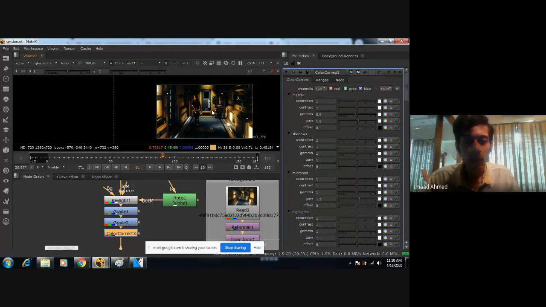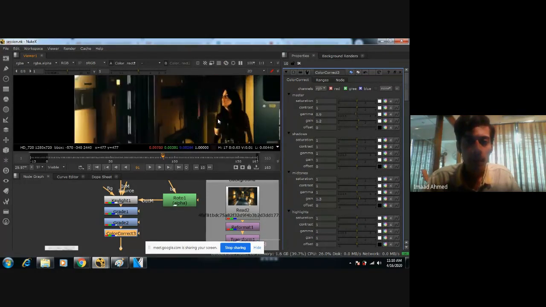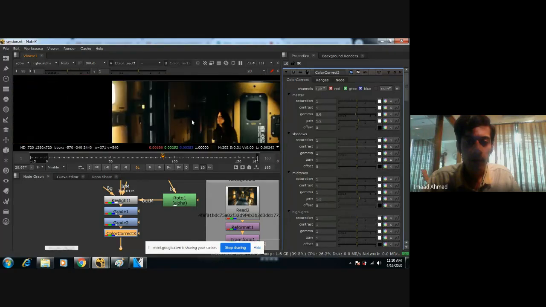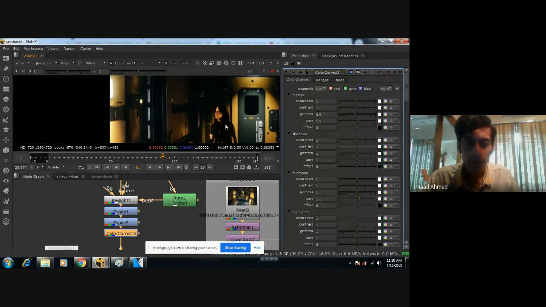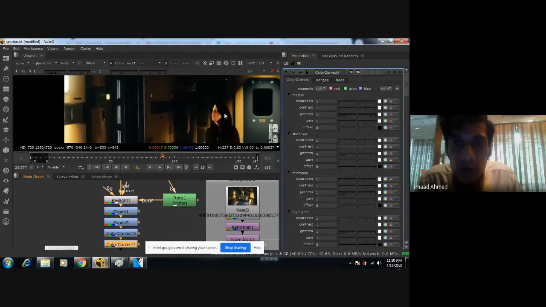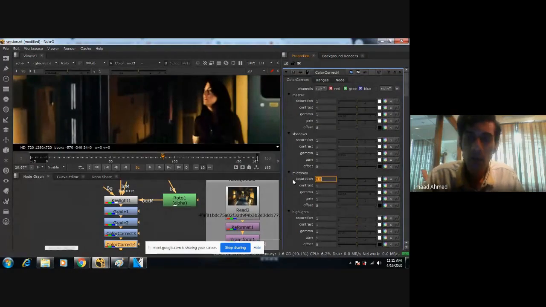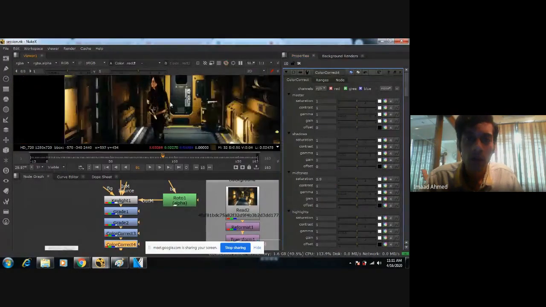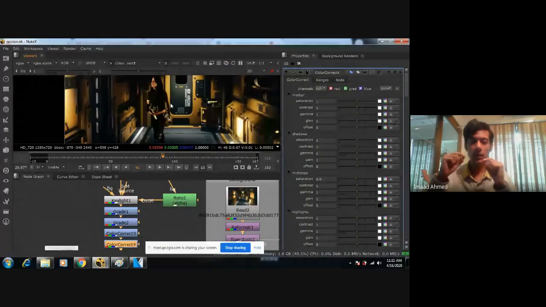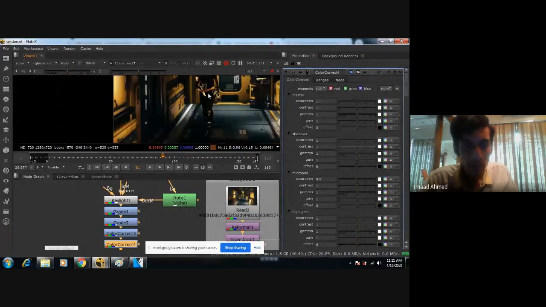Then I would want it to be a little less yellow right here. So I'm just going to add one more color correct node just for decreasing the saturation on her midtone. Very subtle decrease. Like I went from an intensity of 1 to 0.9. You have to get down to very, very minute decimal points. So yeah, now that we have that,